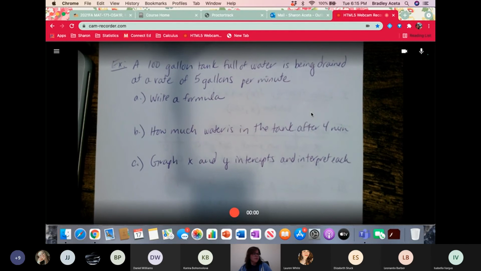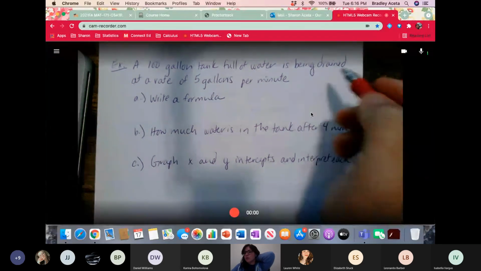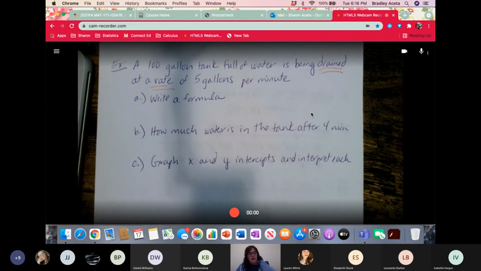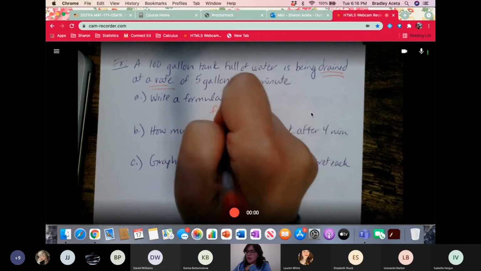So here's an example. Don't freak out by this. This is really not that hard. Okay, so you have a 100-gallon tank full of water. It's being drained, that's important, at a rate of 5 gallons per minute. Okay, so we're supposed to write a formula. So rate is another word for something called slope. And your slope is always located next to the x in an equation. So if we were to write a formula, we would have f of x,